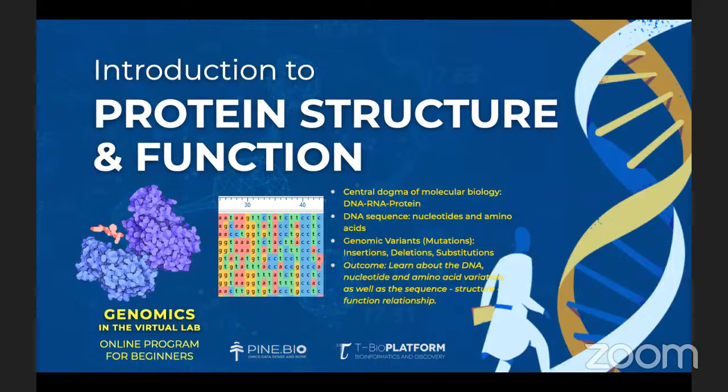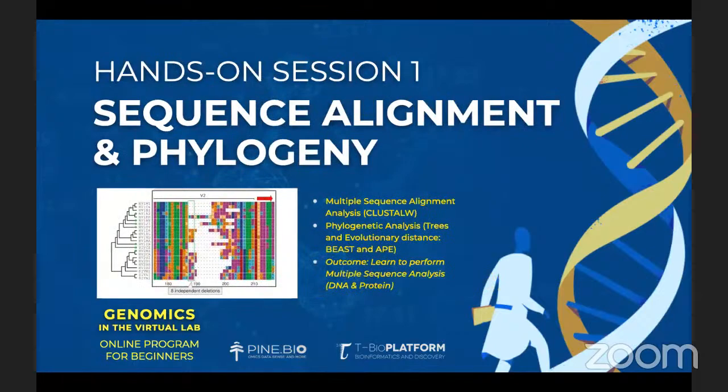You will be able to look at the chemistry. So you'll be able to look at the nucleotides that are there. You'll be able to look at the individual charges that are there. Like if the amino acid is built from carbon, nitrogen, oxygen, what are the bonding, all of that. So you will be able to visualize and learn from the aspect of protein structure and function in the second session. So after this session, the third session will be about sequence alignment. So in this session, we will learn about multiple sequence alignment of both DNA and protein sequences.